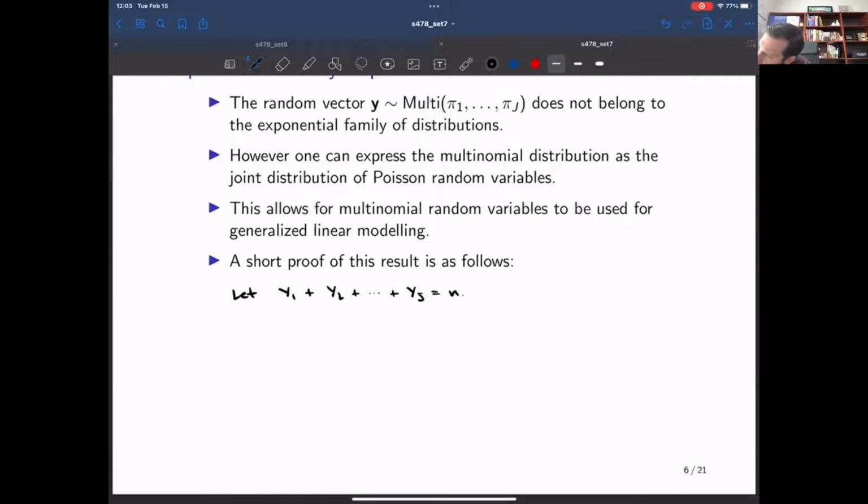Then n is distributed Poisson with lambda 1 plus lambda 2 plus lambda J. Therefore,